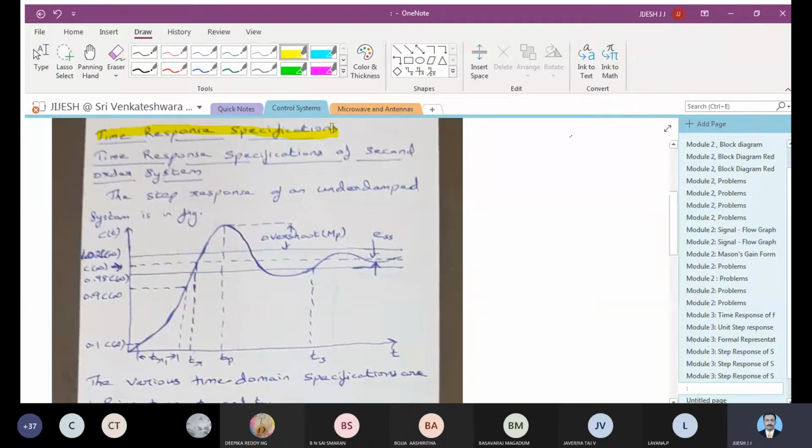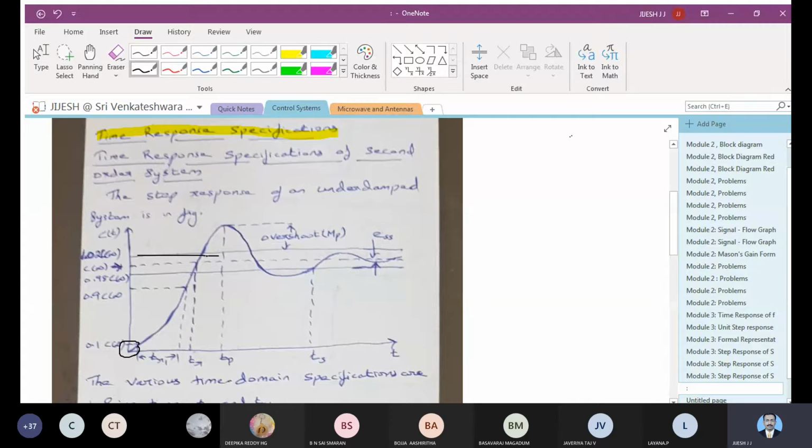All these things we'll be studying. So I will just explain all these things, and then we will proceed further. All of you can just listen here. Time response specification, we will be going with respect to second order system. As we have already discussed, the response starts from 0, and then it will be between these positions, and then it settles down and goes constant further on.